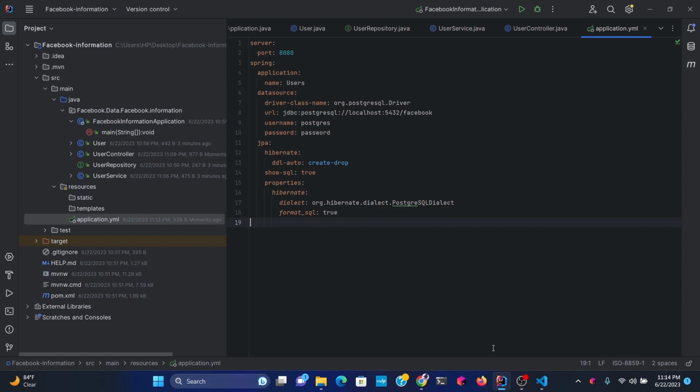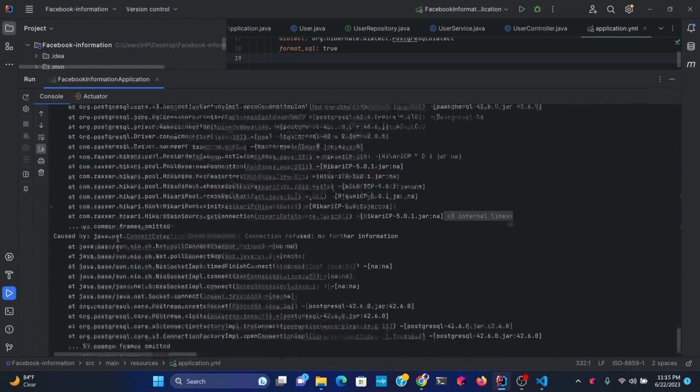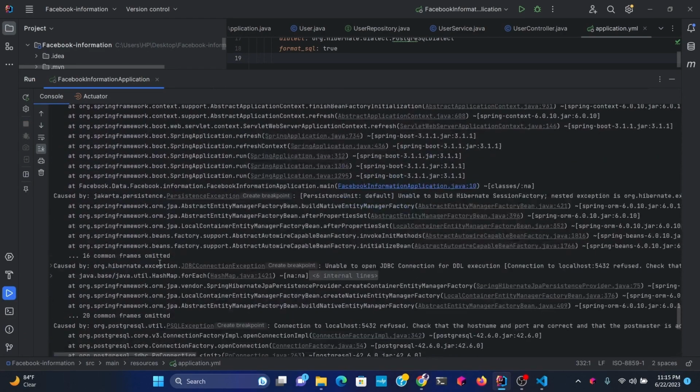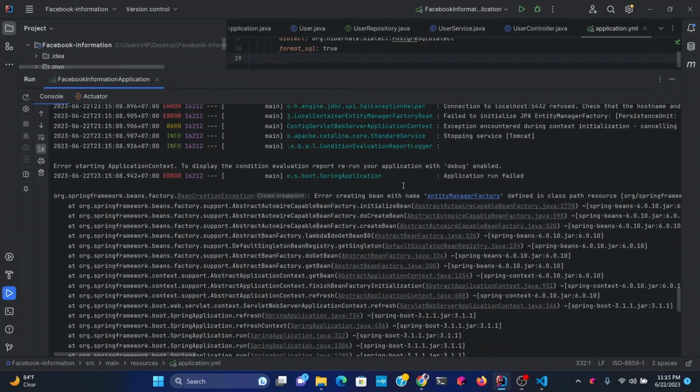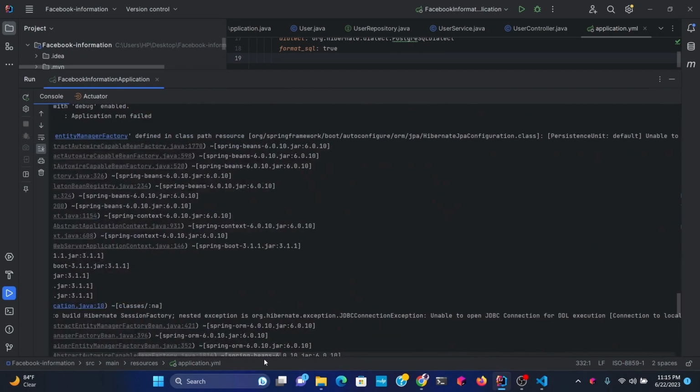Okay, then after that I'm gonna run my application, and if I run the application, we are receiving some error because we need to connect our application to our database, and this is what we're gonna do just right now. I'm gonna show you how to connect our application into our Postgres database. Okay, since we have our application